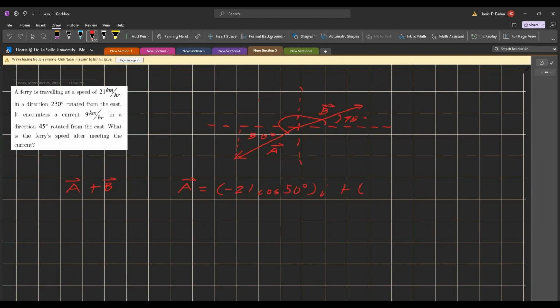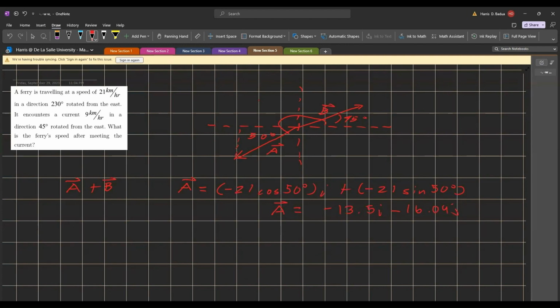Then plus, it is going down, so we can put negative 21, since y is the opposite side, so we use the sine function, 50 degrees. So our vector A is equal to, for the i component, negative 13.5, minus 16.09